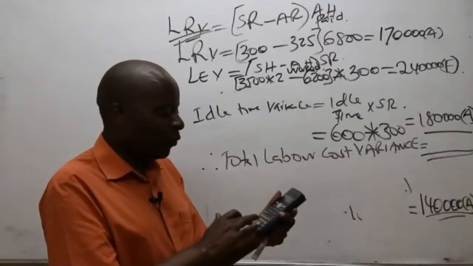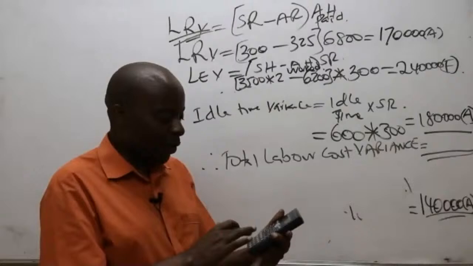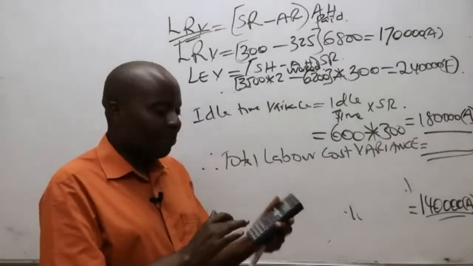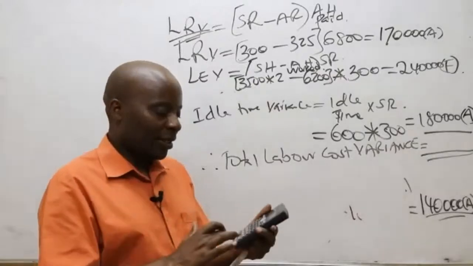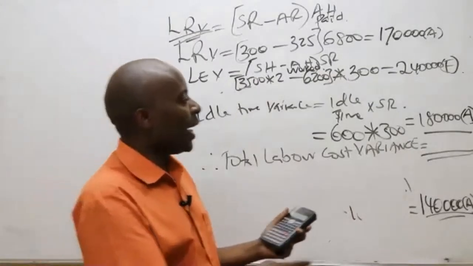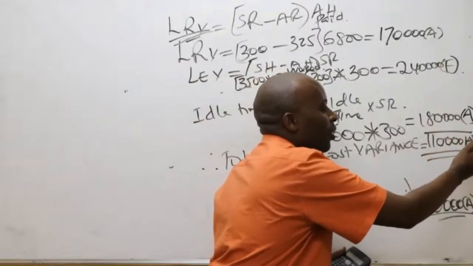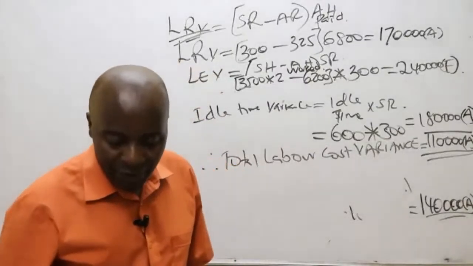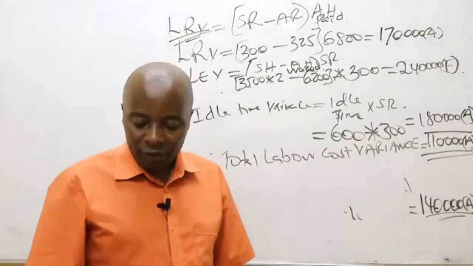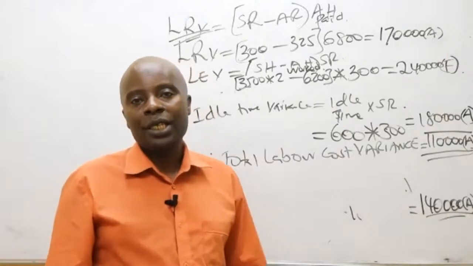Favorable is positive 240,000. And then the next one is adverse, minus 180,000. When I'm punching these figures in my calculator, I have to recognize the signs there. Equals, which gives me 110,000. So when I'm writing down, I'll write this as 110,000. What are they? Adverse. 110,000 adverse. And now that automatically marks the end of this particular session.